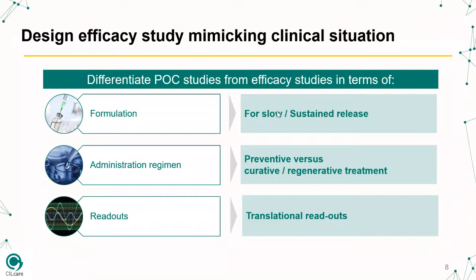So maybe by doing that, you can save the hearing function, as you can keep the hearing loss machinery at bay, if I can say that, which again means before the onset of the hearing loss that is usually caused by either hair cell or ribbon synapses damage. But then, when you talk about a curative or regenerative study or approach that maybe is more clinically